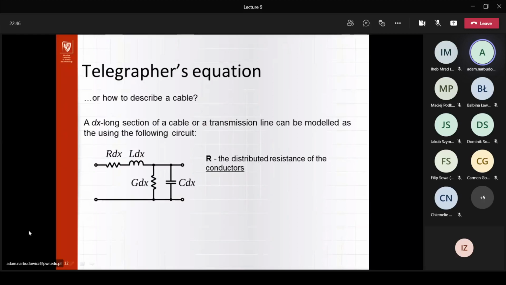I believe you should have seen something similar to the telegrapher's equations already in one of the other modules. Well, unless that was before the online teaching. I'm not sure how it works right now. So anyway, the story is that if we take a dx long, an arbitrarily small section of a cable,